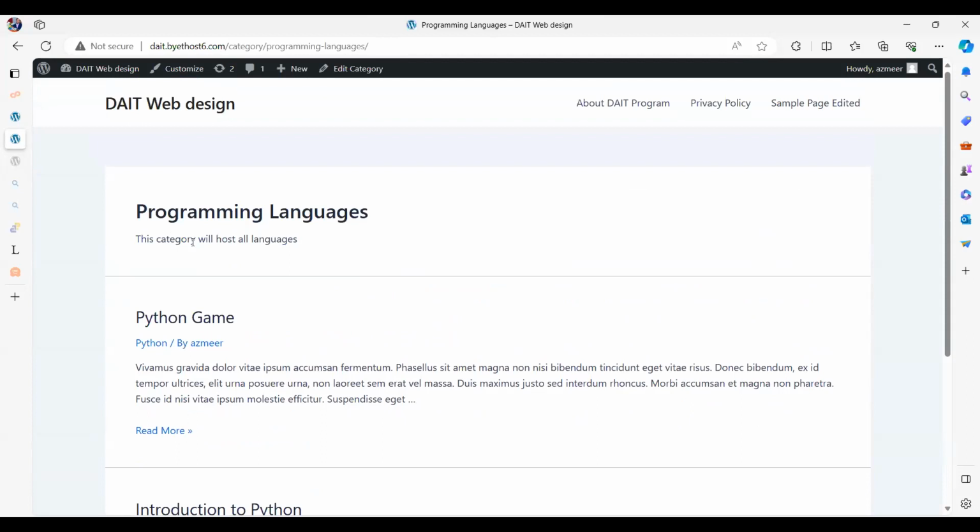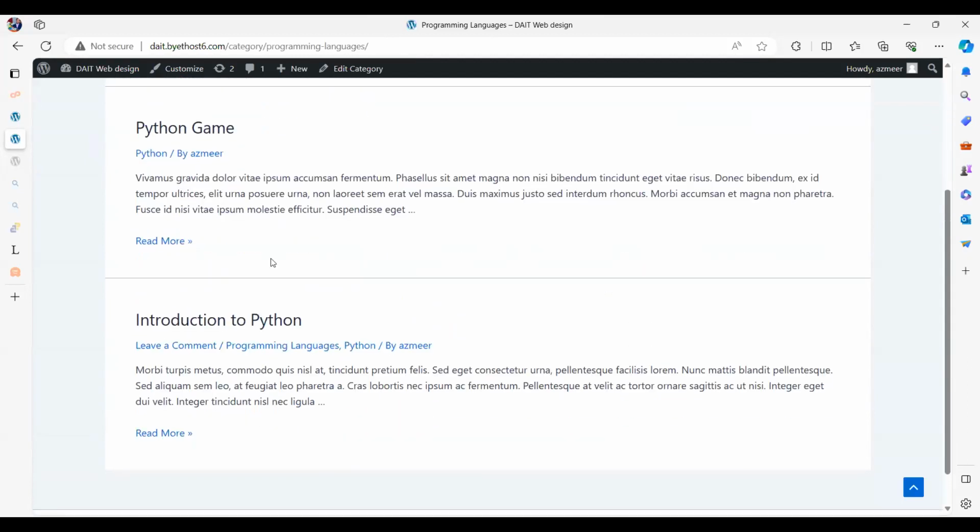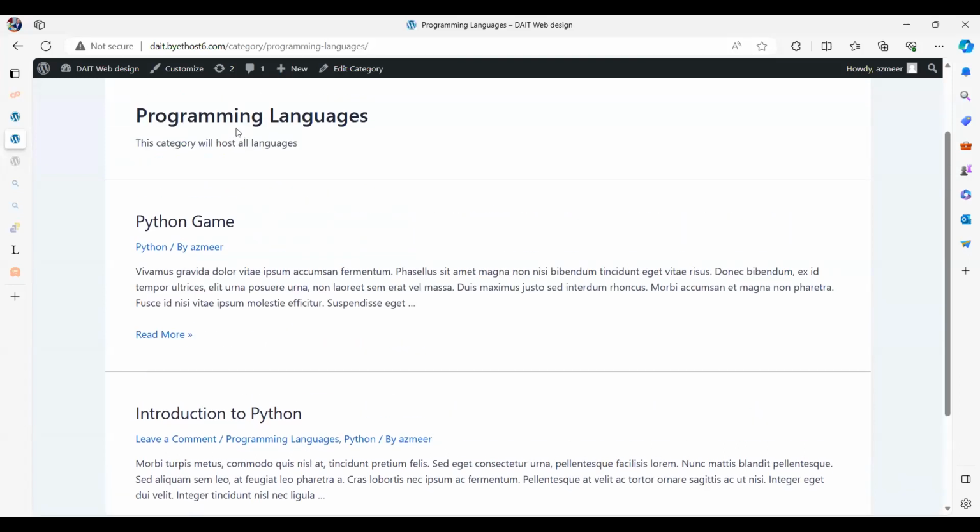And also remember this description we gave for the category. This category will host all languages. And then I have Python game and introduction to Python. Although Python game is not listed under programming languages, programming languages is a parent to Python. So all the child categories are also shown here.